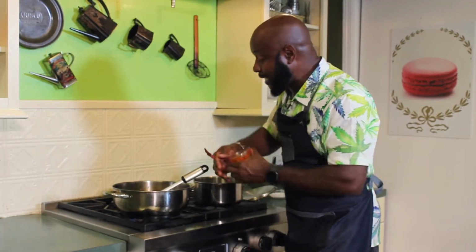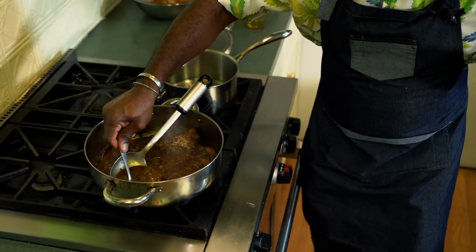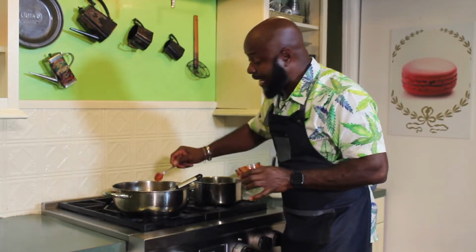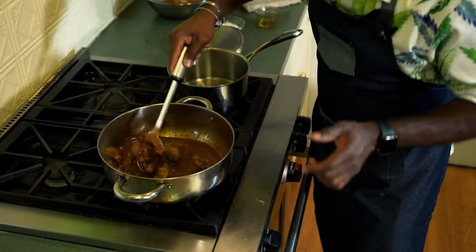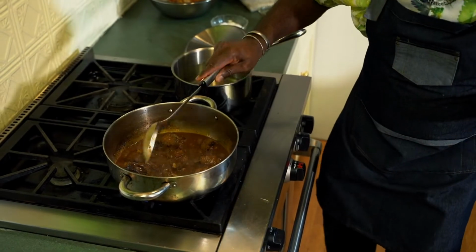But this oxtail has still got some time to go. This oxtail probably gonna take a good 45 minutes, or even over an hour to get nice and tender. But we do not want to rush this process. We want to let the oxtails do its thing, and it's going to be nice falling off the bone and